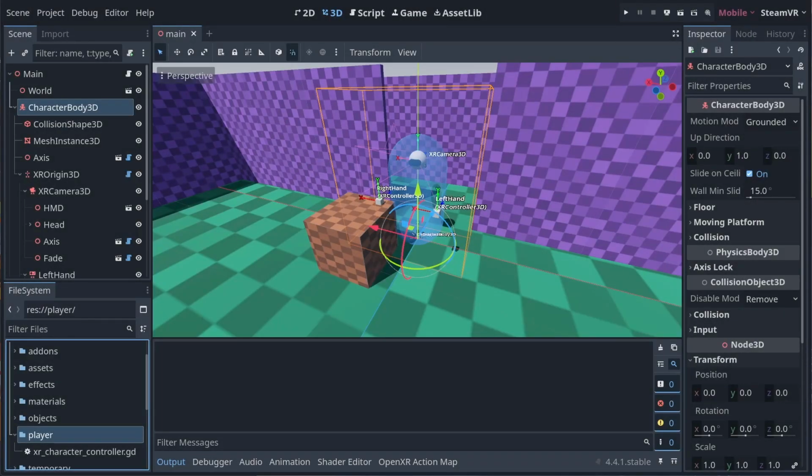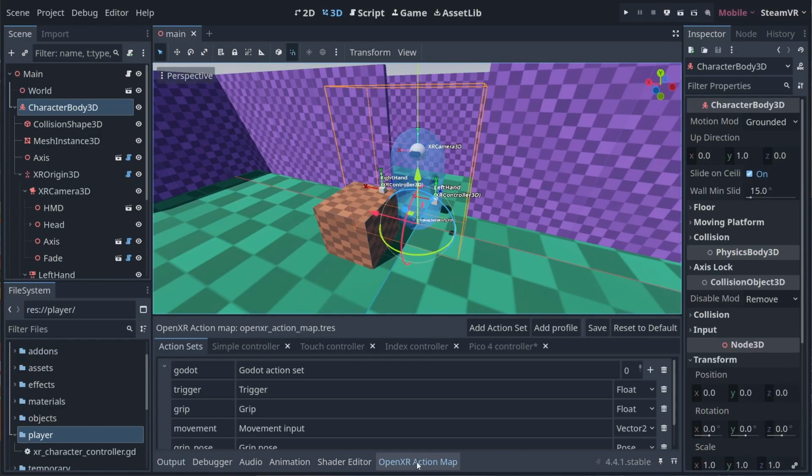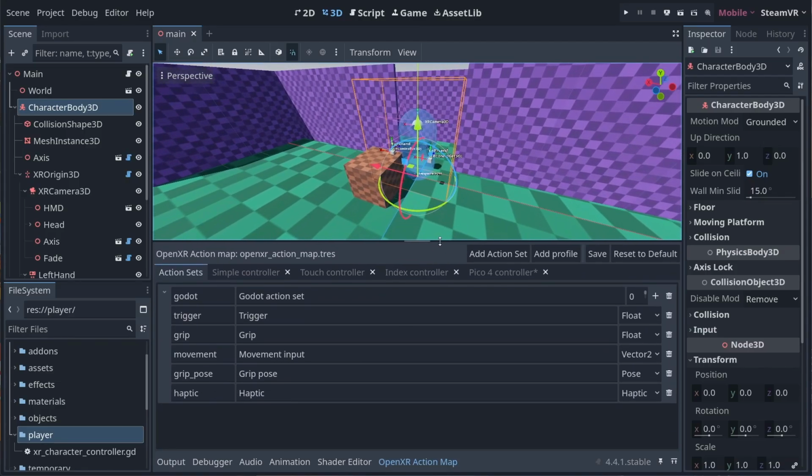In order to move our player with input from our controller, we need to obtain this input. Godot has an input system geared to keyboard, mouse and joysticks. However, this does not fit the OpenXR action map system well, regardless of the similarities between these. Godot therefore implements the OpenXR action map system closely, and lets us configure this in the OpenXR Action Map tab.